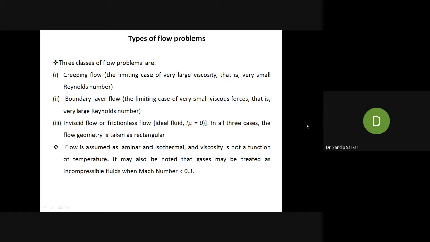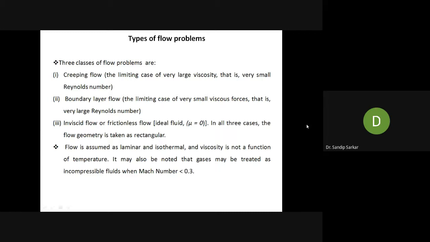Another is inviscid flow, that is inviscid or frictionless flow, where viscosity is basically close to zero. We come across this kind of flow when the flow velocity is very, very high. For example, fluid flow around an aeroplane flying above 10 kilometers from the ground. If you want to characterize the fluid flow near the aeroplane, we can approximate it as an incompressible or maybe an irrotational flow.